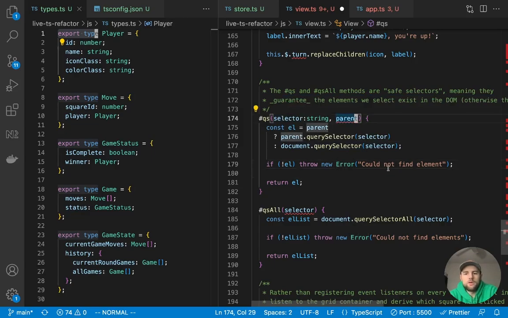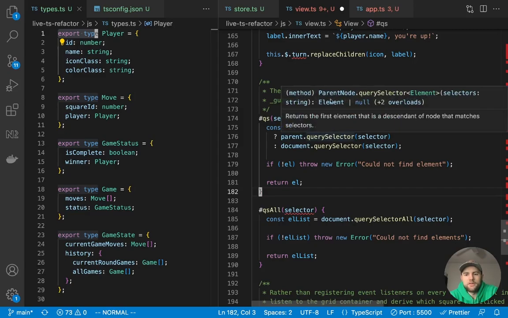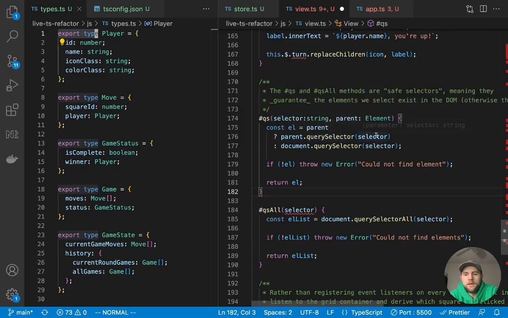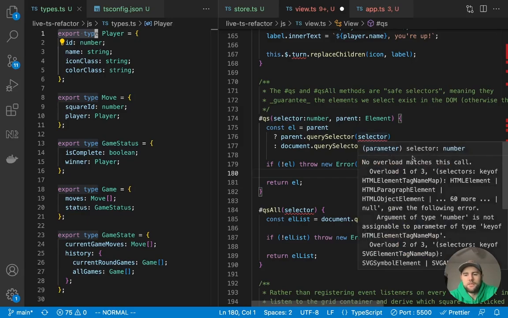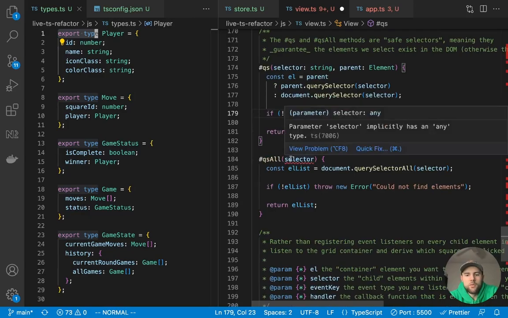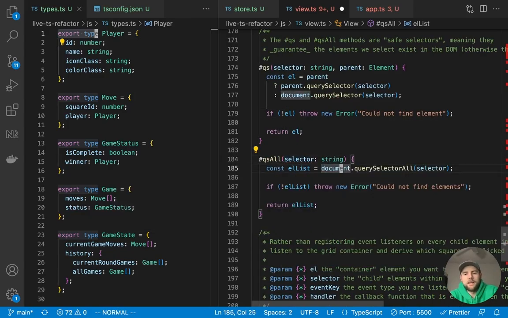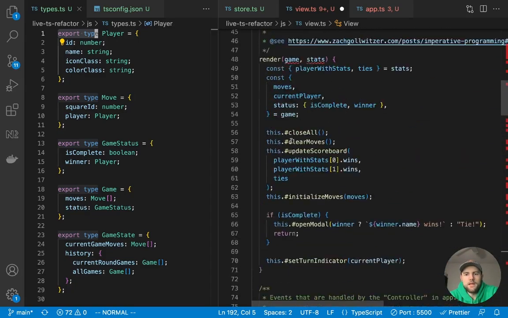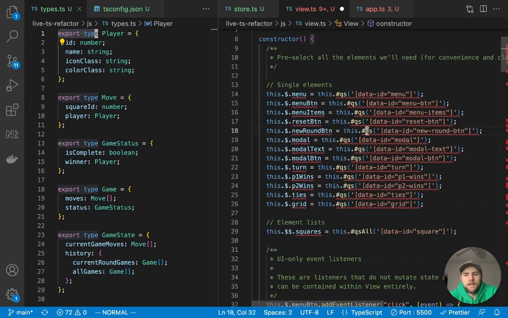So we are going to pass a parent, which is of type element. And now we should see that's of element, and then query selector is now available on that. And we're passing in a string. So let's retype this to a number real quick, and you'll see that that's an invalid thing to pass to a query selector. So that's how we know that string is going to be the correct thing. And then furthermore, we can go to query selector all and just give that a string type as well. So these two methods are now strongly typed. And if we come to the top, it's still going to be yelling at us just a little bit.